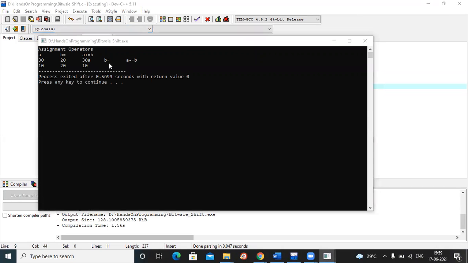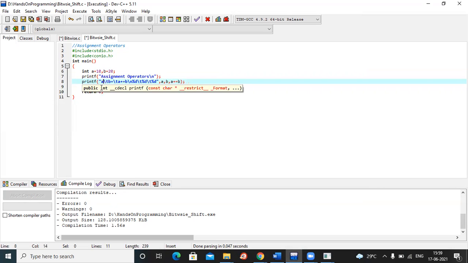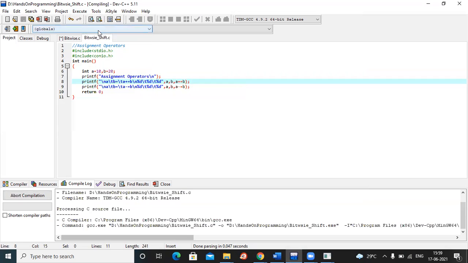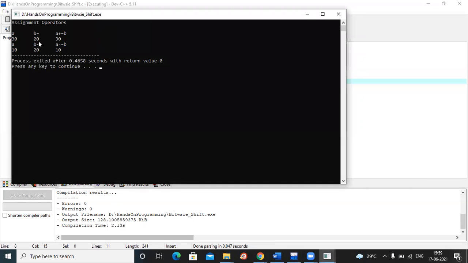One second, just a minute. Your backslash n must be there. Yes. So if you see the output now, the value of a and b you see here.